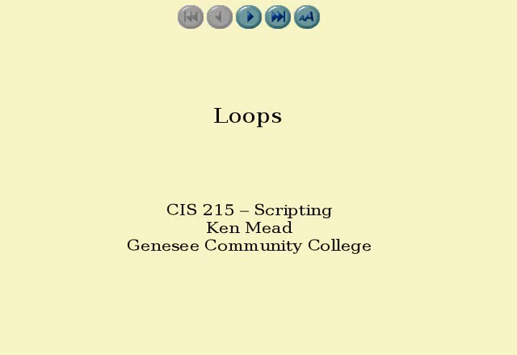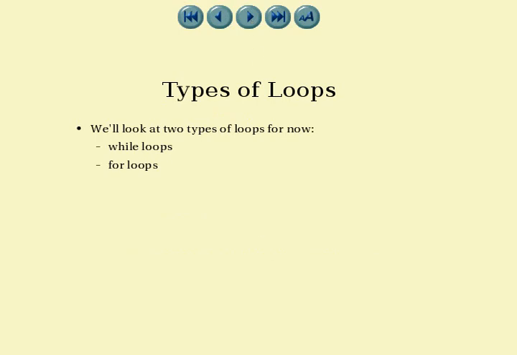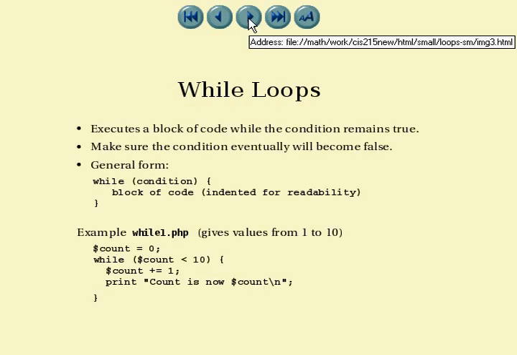Hi, in this video we'll take a look at loops. Now, as we mentioned in the last class, there are two types of loops: while loops and for loops. Actually, there are more than that, but we'll look at these two for now. Okay, so starting with the while loop,